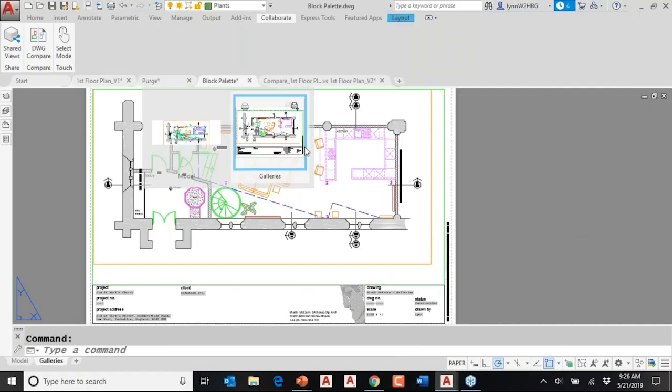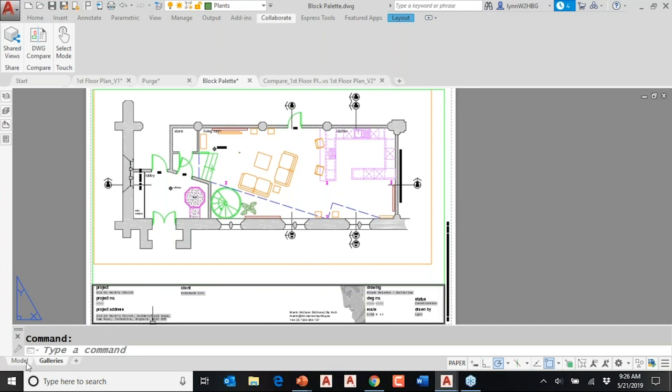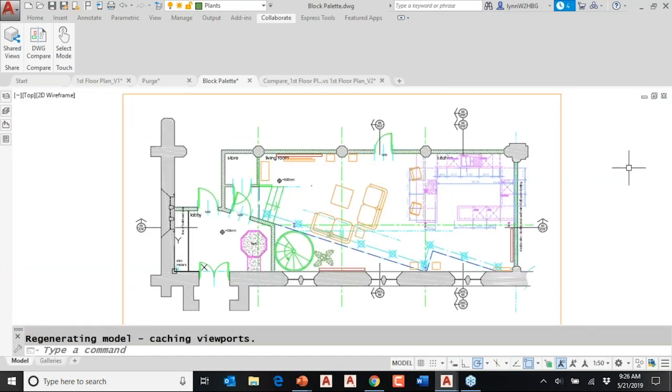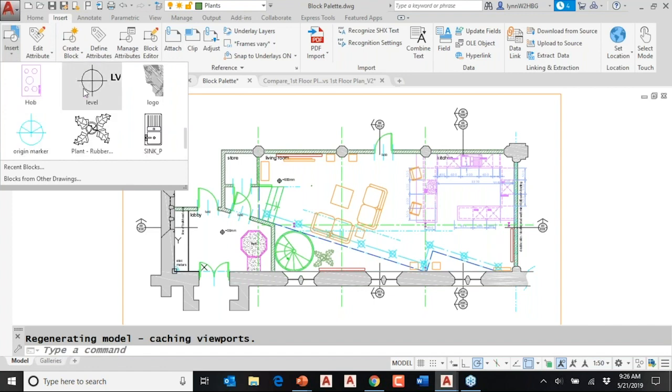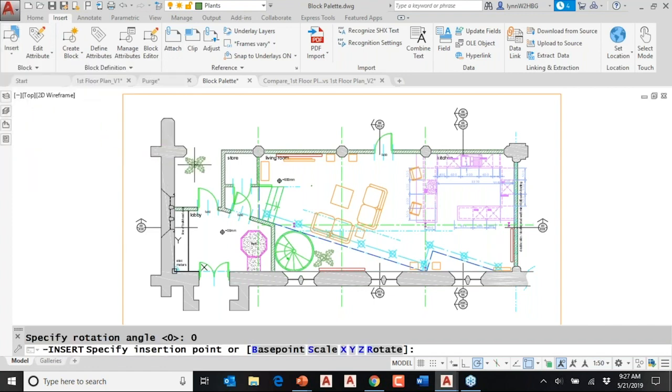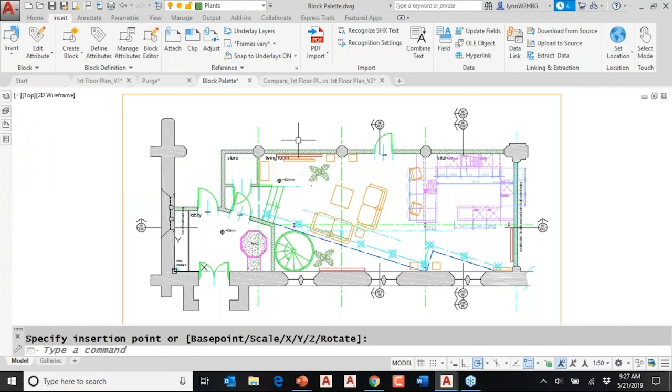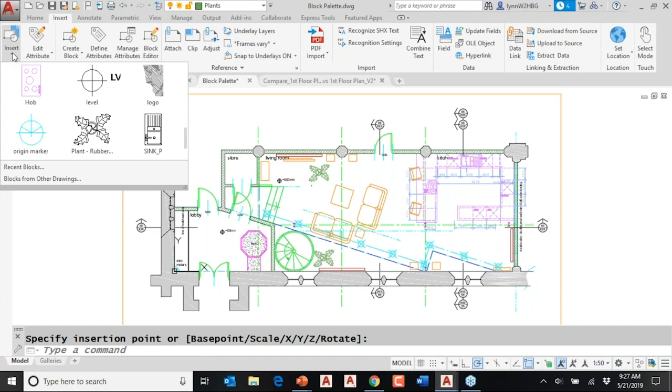So I'm going to use this particular drawing. Let's go to the model for now, and I'm going to insert some blocks. Now, in the past, maybe you went to the Insert tab on the ribbon, and maybe you used this gallery. In case you didn't know what that's called, it's called a gallery. You can do this even if you're not in AutoCAD 2020 to use that gallery. You can drag and drop blocks and bring it in. But you'll actually see with AutoCAD 2020, if you come down here and you select on recent blocks, that's new,